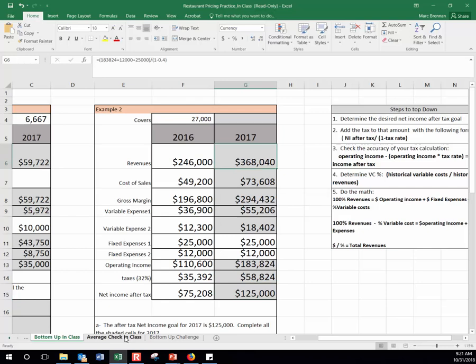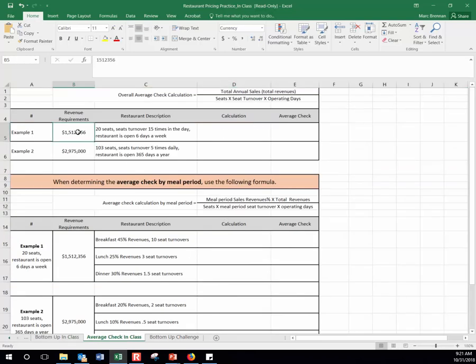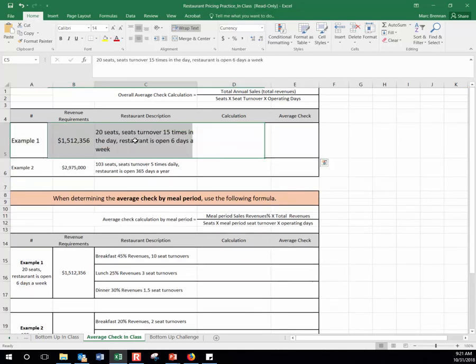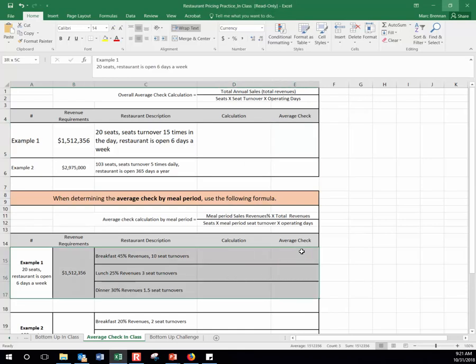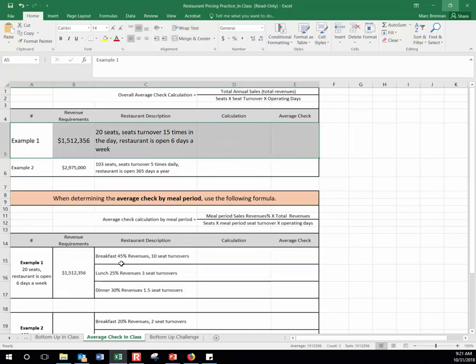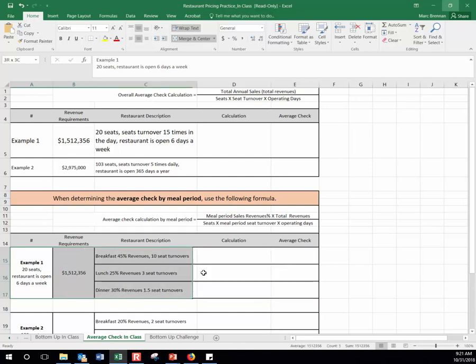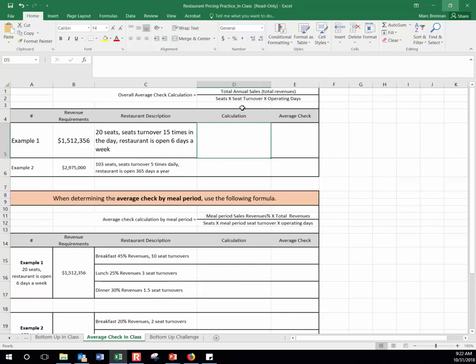Now, once we have a required revenue, a revenue requirement that we've decided on or calculated, we can start to look more into an average check. For this example, we're going to go through two different aspects: an overall average check, and then one for meal periods. It's the same example, just with one being overall and one being average check per meal period. If we go back to our slides, you'll see that we calculate this by total annual sales, in brackets total revenues,